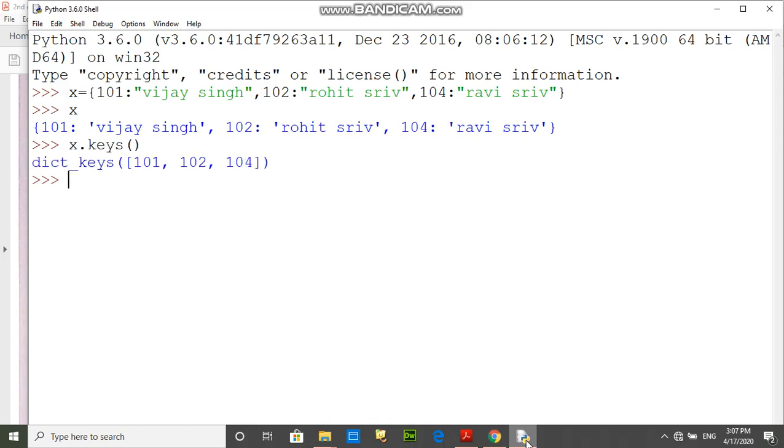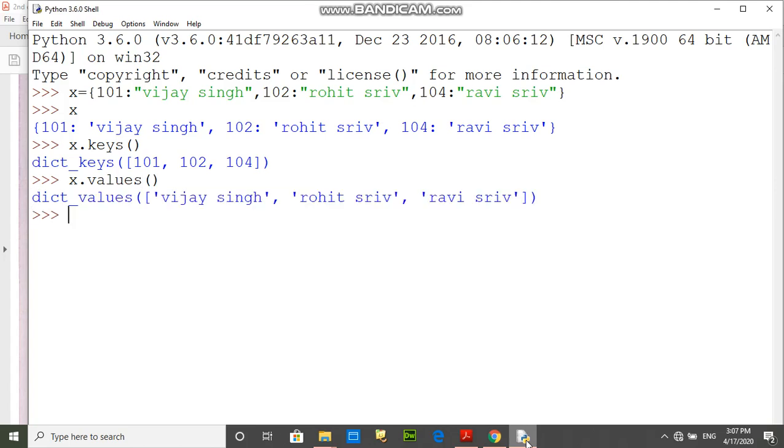Let's use x.keys. This is the keys value, and if you want to find values, then you have to write x.values. So in this way you can create the dictionary, and you can also access it one by one.